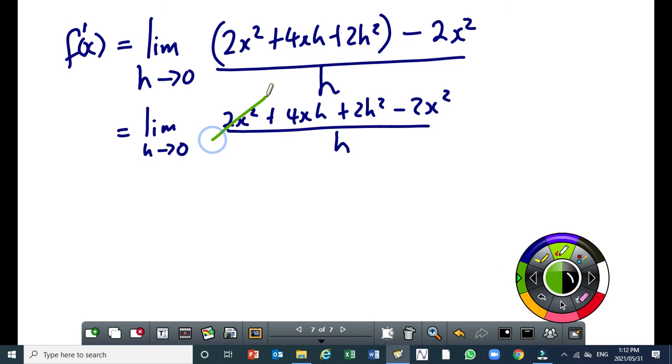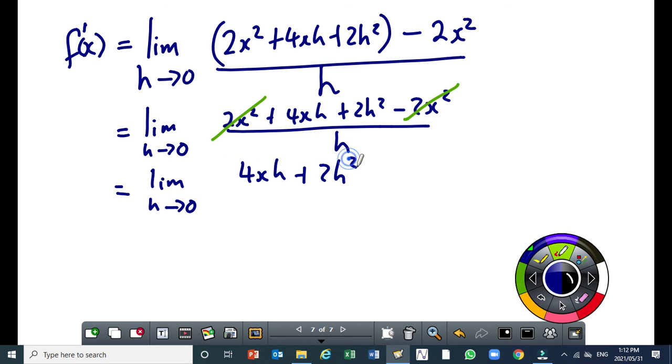Fortunately, this 2x squared and that minus 2x squared are going to cancel out. When they cancel out, I'm going to get the limit as h tends to 0 of 4xh plus 2h squared